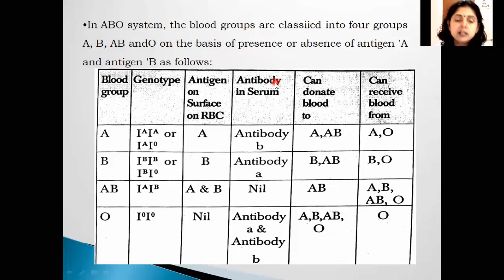And again, there is the RH factor. We can say the blood is positive or negative: A positive or A negative, B positive, B negative. We are always saying positive and negative. So this is called the RH factor, where antigen D is also considered. So that also we will see in the names. And the antigen, that is the RH factor, is also very important.